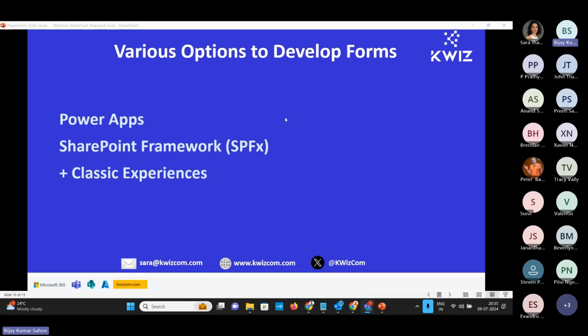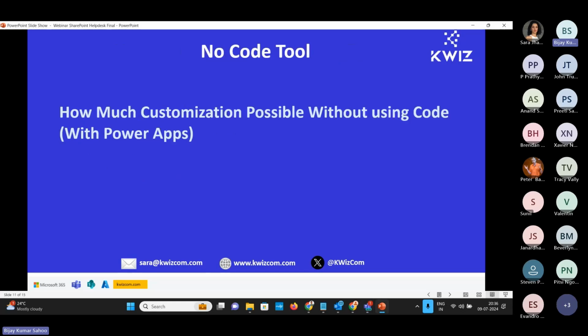And then if you are using classic experience, then we have some HTML forms, apps, SharePoint hosted app, provider hosted app, those things also we can develop. Now these are the options which are available on this. But now the quite popular one people are talking about is Power Apps, where it is saying